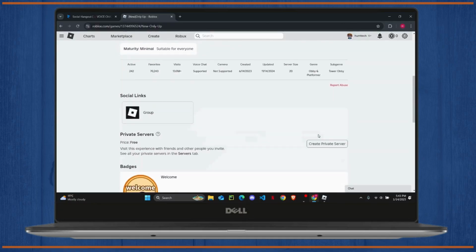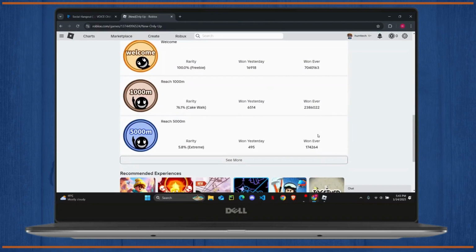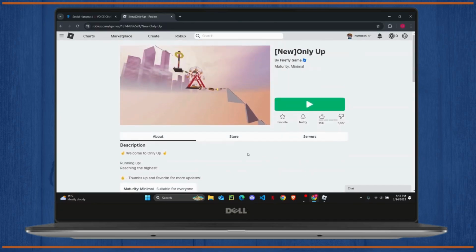In today's tutorial, I'm going to show you guys a quick and easy way to lock your mouse when